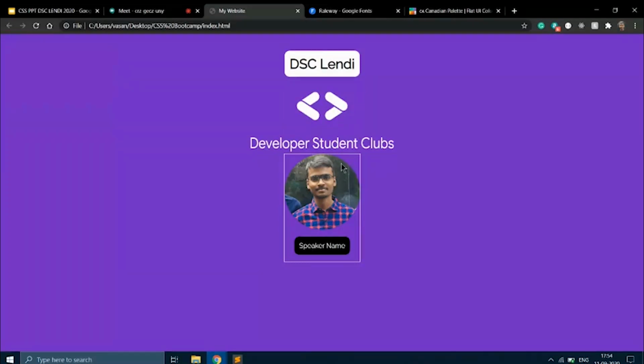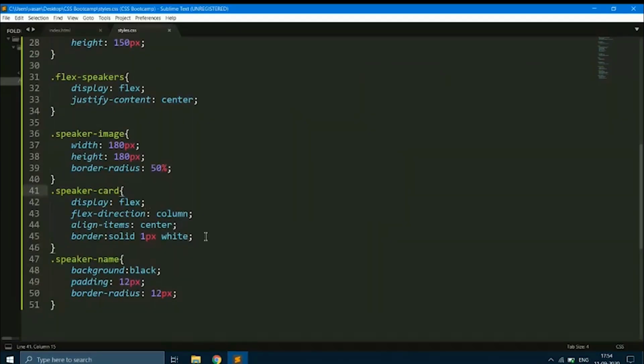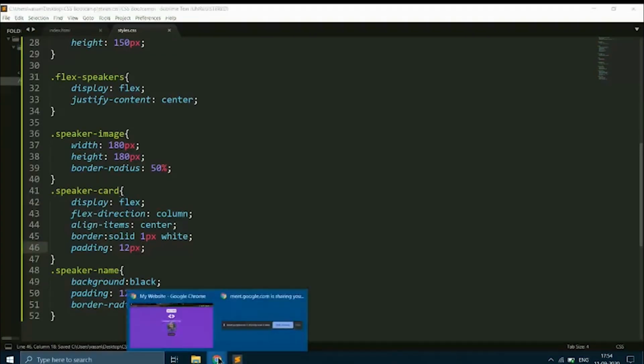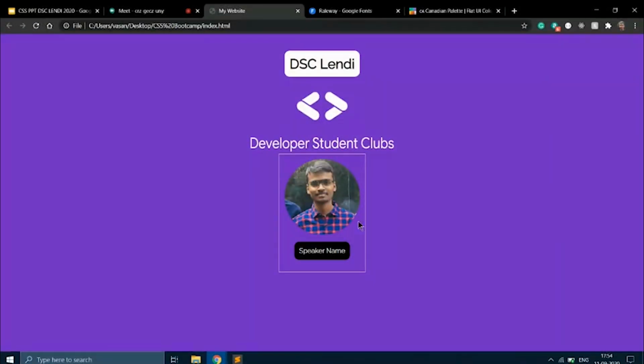But these two HTML elements, which are the image and the text, need some padding because they are attached to the border, which is not at all looking good. So for this speaker card, I am going to give some padding. Just padding, let's say 12 pixels. If I run this, you can see the padding has been applied.